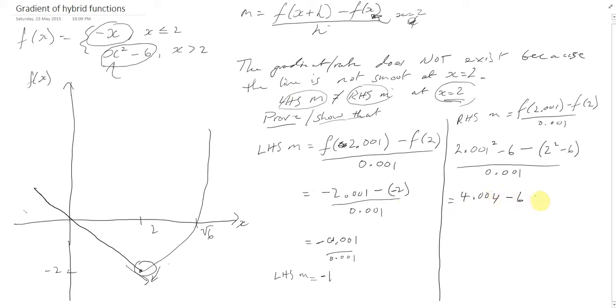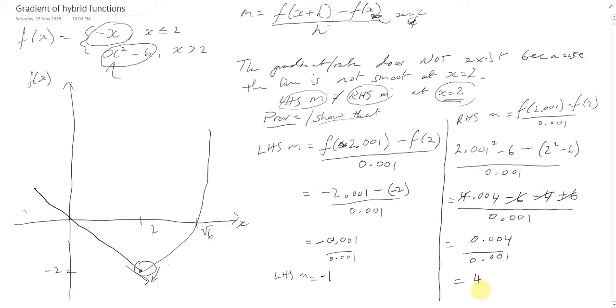Minus 6, minus 4, and then minus and minus 6 gives a plus 6, divided by 0.001. Alright, well the minus 6 cancels with the plus 6, and the 4 bit will cancel with the minus 4 bit, leaving us with 0.004 over 0.001, which equals